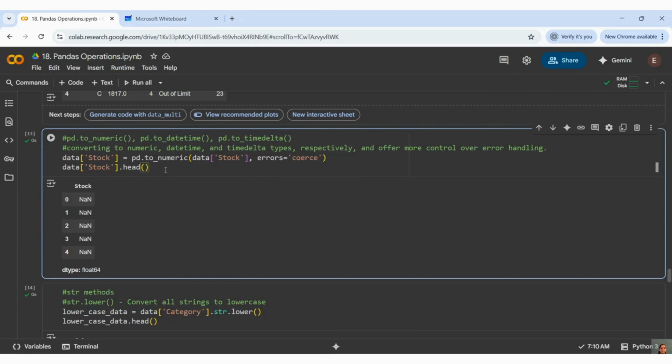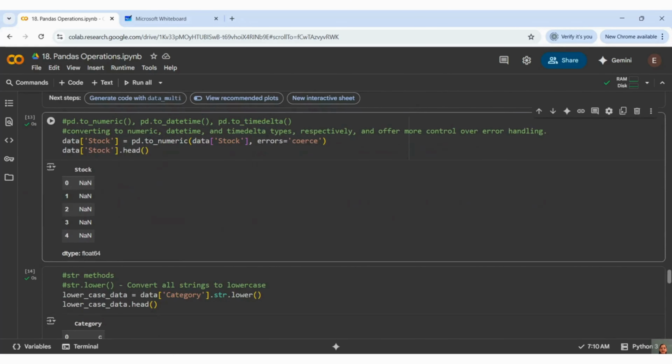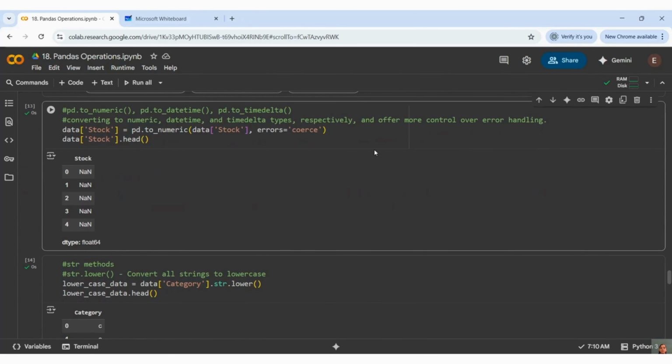Now, in the top section, we saw how to convert the data types. Now we will see the method which is a very effective way to control error handling, right? This is just one example I have shown, guys. pd is your pandas, right?